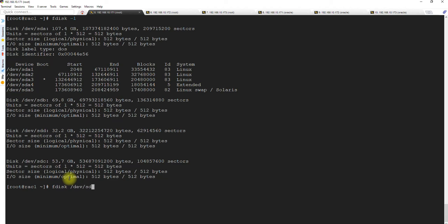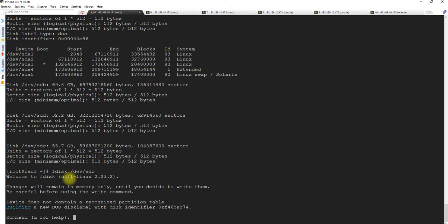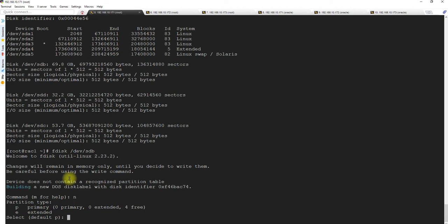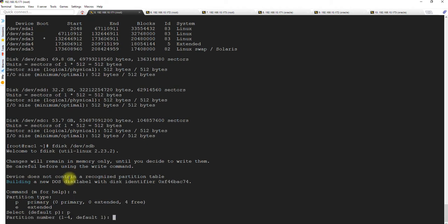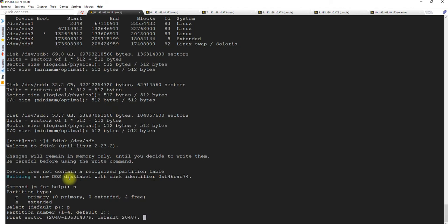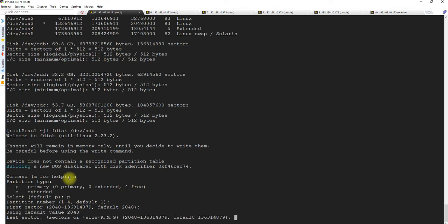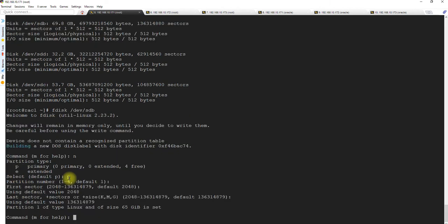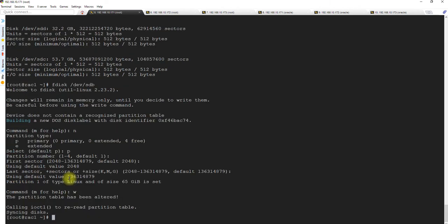We will partition it using this tool with /dev/sdb. That will be the first disk. Now we will say new, this will be the primary partition, and we will be using the complete space for the first partition. We will not be partitioning it beyond this. Enter, and write it.